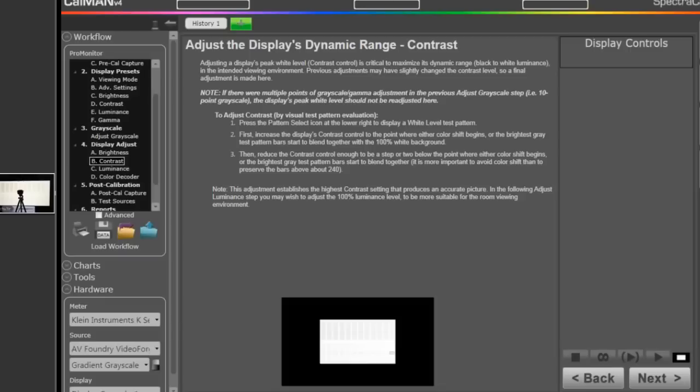I see a very, very neutral screen where all the gray levels are very much the same color. The only thing I do see is that we are clipping some of these levels, so our contrast control may now be just a tad bit too high, and so I'm going to go back and double check that setting